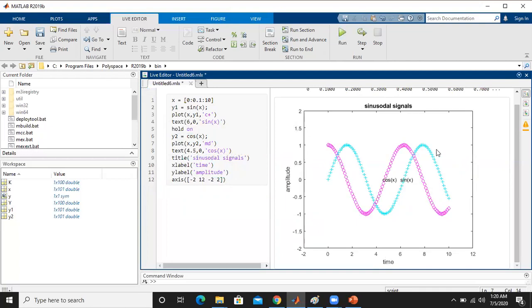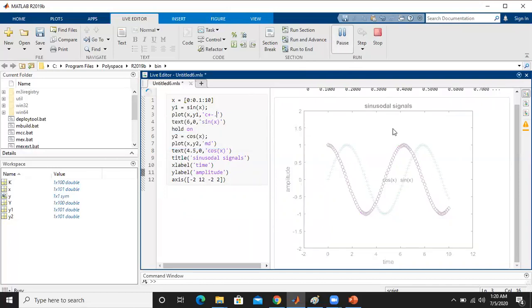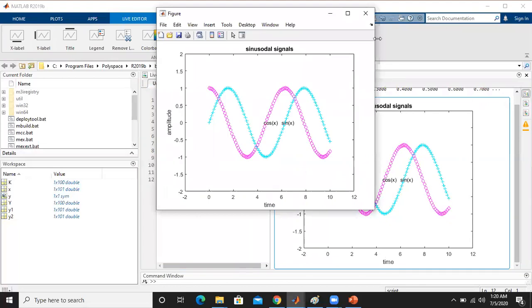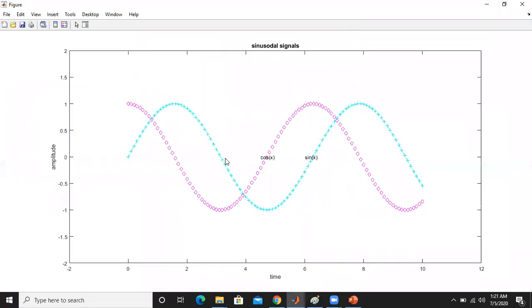Okay, now if you want to connect all the plus symbols and all the diamond symbols with certain solid lines or something, here I just wanted to connect the plus symbols with a dash-dot line. For that I have to type hyphen then dot, then just run it, you can observe that. Okay, if it is not clear, we will enlarge this figure. You can observe here, okay, the dash-dot line.